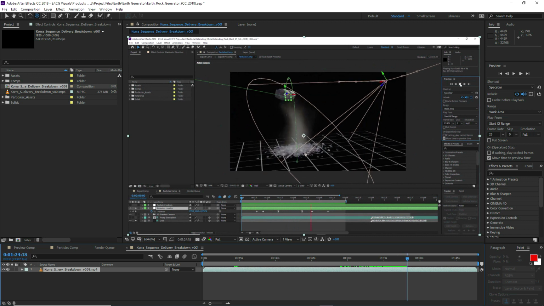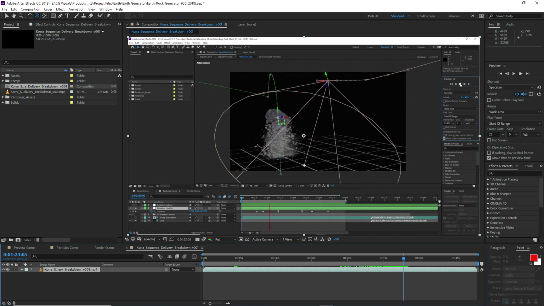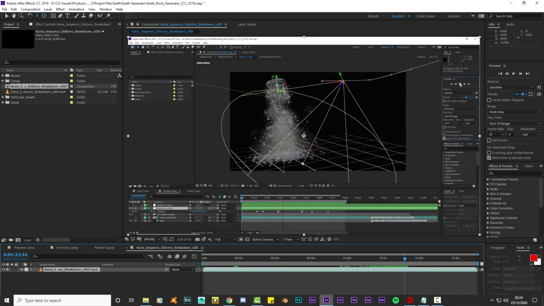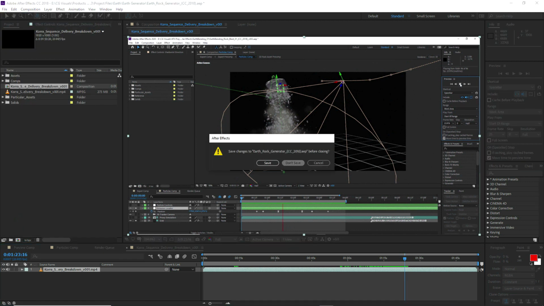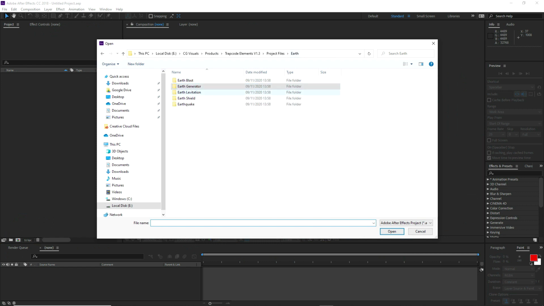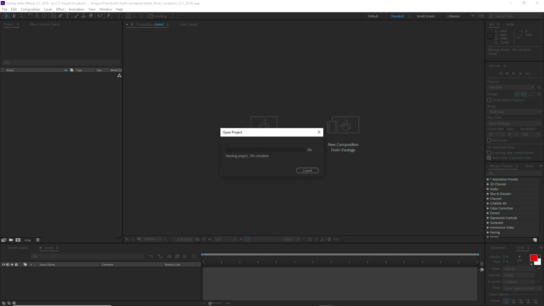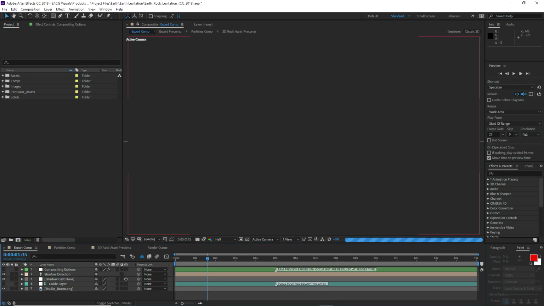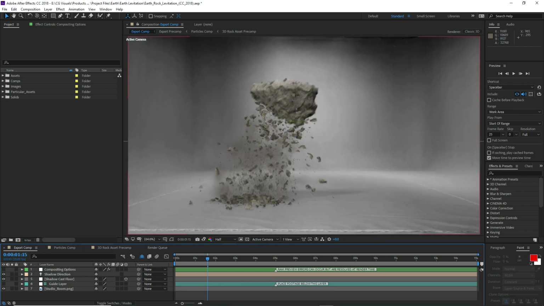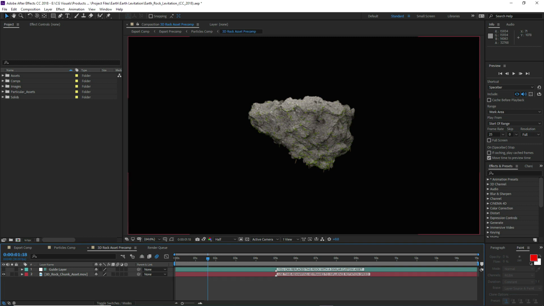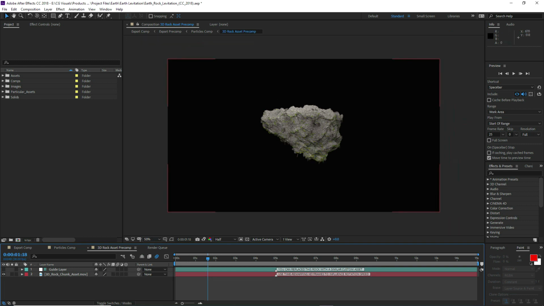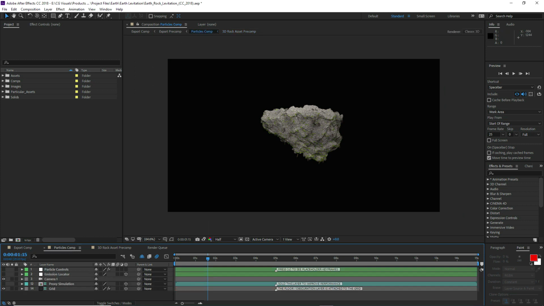and then you can bring that pre-rendered rock and use it in the earth levitation project. So once you have a rock that you want to use, you come into this earth levitation project, and now rather than it just being a rotating floating rock, you can see we took that earth generator rock. It's being used in here by default, but of course you can come into this 3D rock asset pre-comp, replace the rock with one of the other versions,